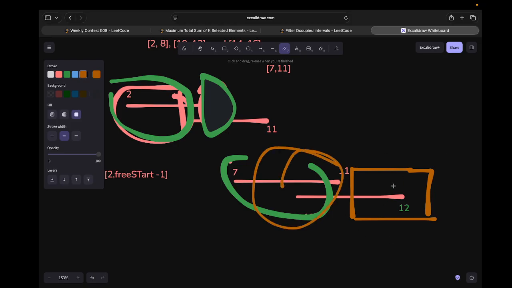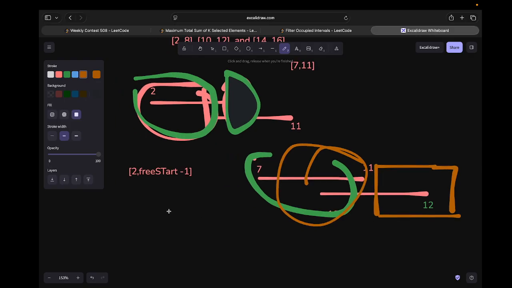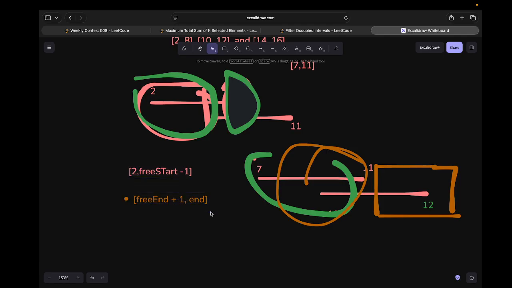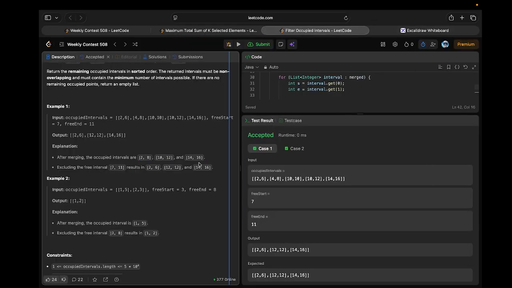So this is the result we want. Here you see we have to change the value of start, and end is always the same. So what do the values look like? In this case the start is the value of free end plus 1, and our end value is always the same. These are the two things we need to take care of while merging with the free start and the free end, right? So this is the second thing, and let's see the code for a better understanding of